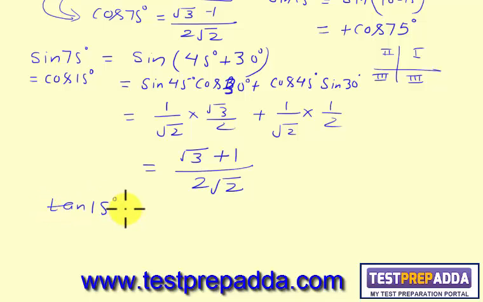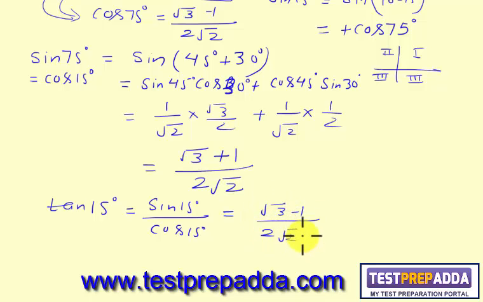tan 15 degree. What will be that? Sin 15 degree upon cos 15 degree. So, sin 15 degree is what? Root 3 minus 1 upon 2 root 2. And cos 15 degree is what? Root 3 plus 1 upon 2 root 2. 2 root 2 will get cancelled and it becomes root 3 minus 1 upon root 3